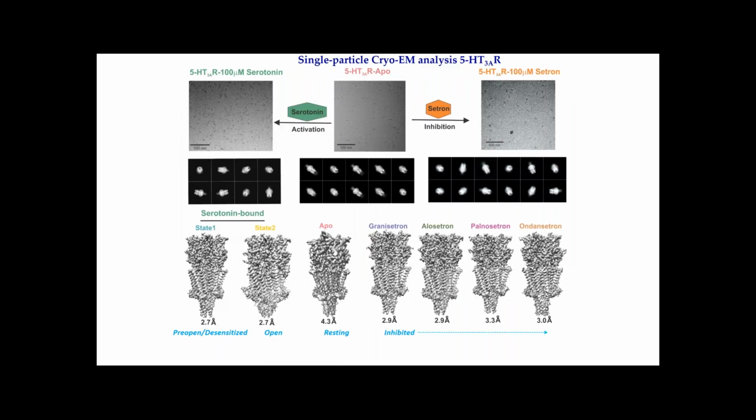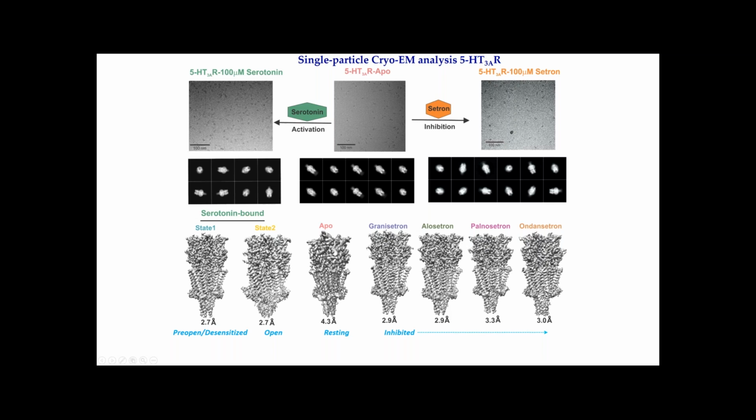So this is a collection of some of the structures that we solved of 5-HT3A receptors in various conformations. We started out with the apo state, which corresponds to a resting conformation. In the apo conditions, we resolve just one conformational state. In the presence of serotonin, however, it was interesting that we isolated two distinct conformational states, which we call state